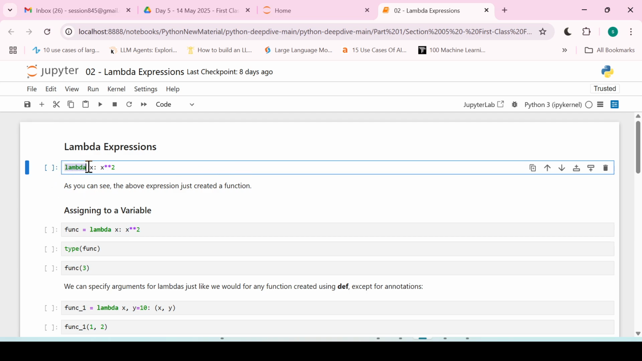Here we are saying lambda. Then this x is the parameter of the function. In this function, we are giving one parameter, that is x, and then we are returning x squared. So we do not need to define any function or give any function name. We just need to say lambda, then pass the parameter, and after the colon,